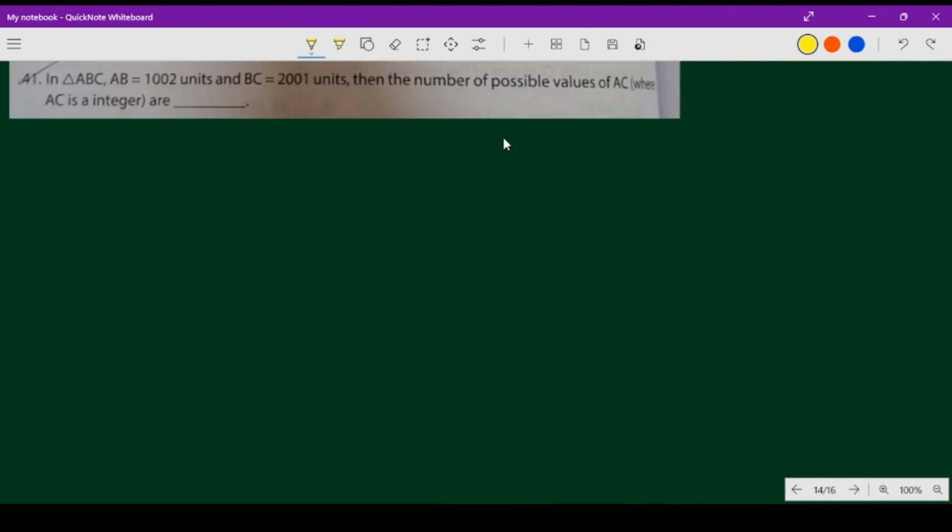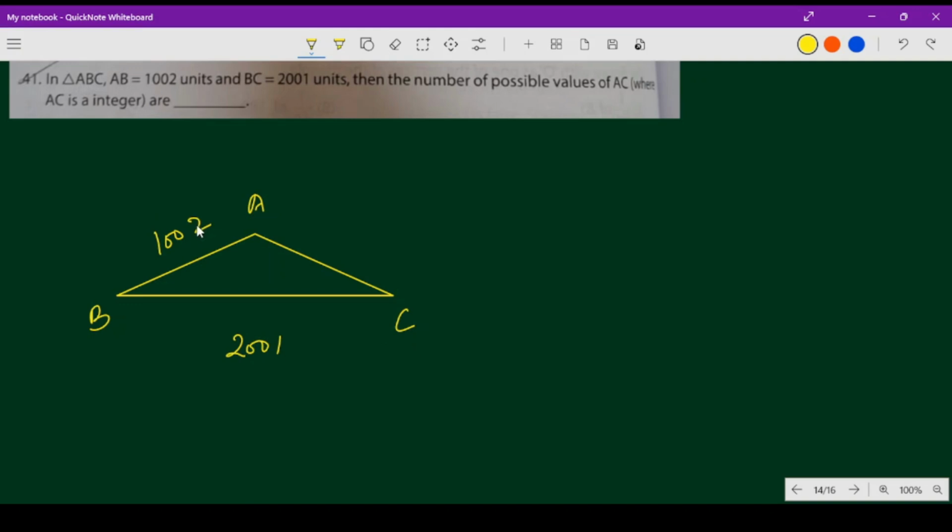Now let's move to the next question. Here we are given a triangle ABC in which side BC is given as 2001 and side AB is 1002 units. Then we need the number of possible values of AC, where AC is an integer. So we just have to use the